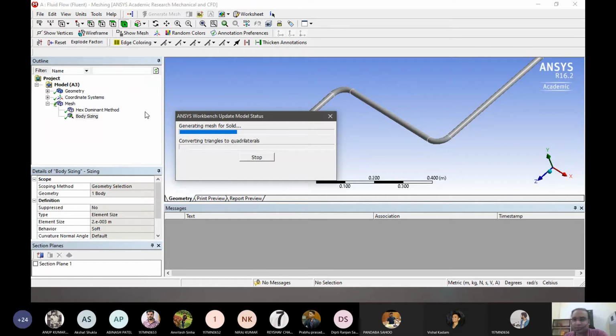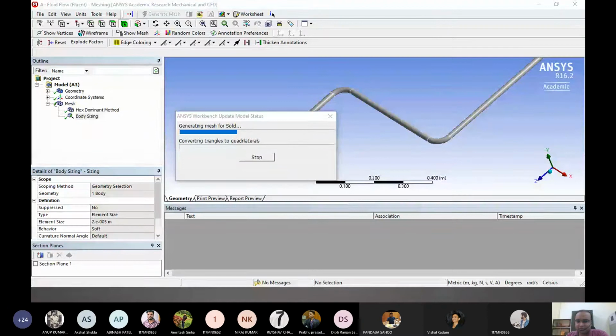But what we have to do for getting good results, remember even the meshing has to be sometimes adapted according to the situation.